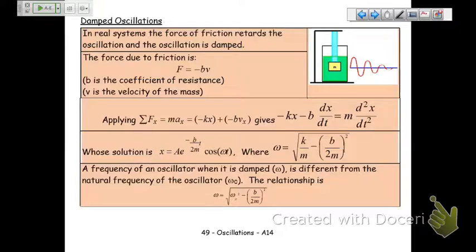So welcome back. The last thing we've got to do on this section is talk about damped oscillations. Here we have a visualization of a mass on a spring, and that's actually a lab we're going to do today, in fact. But let's say the mass is not moving backwards and forwards through a pretty nice medium like air. Let's say the mass is moving backwards and forwards through a more viscous medium, like oil or